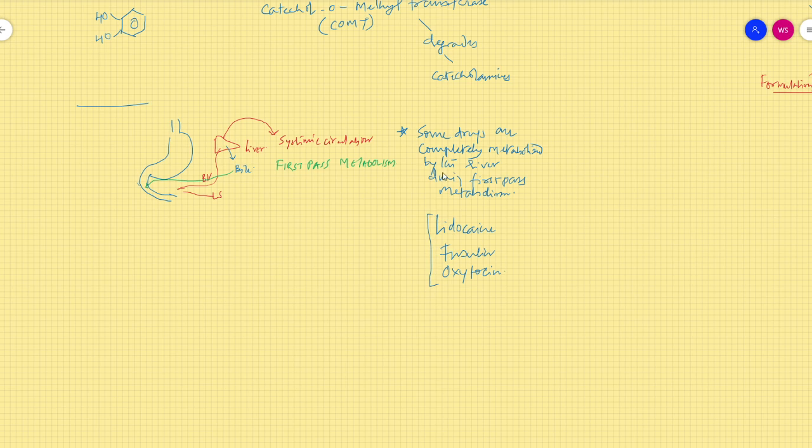Okay, so these drugs are almost completely metabolized by the liver, and presystemically. So what's the option here? We can give these drugs parenterally. So we need to remember that